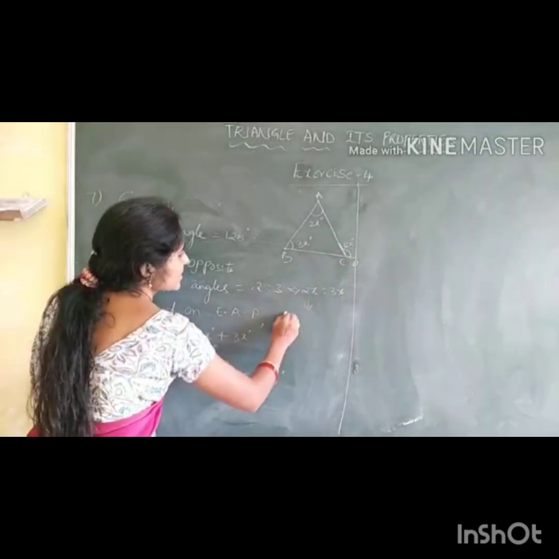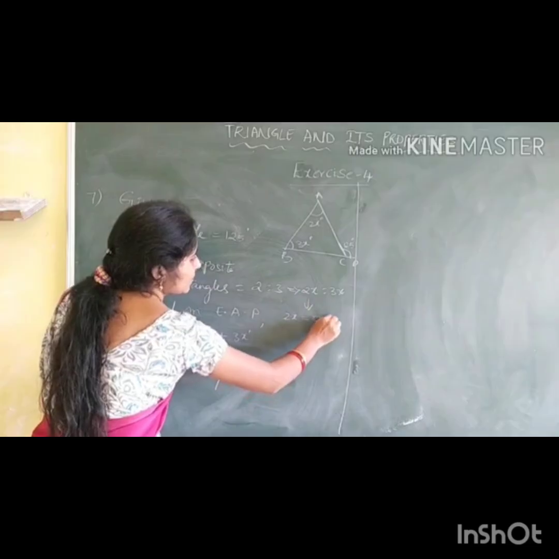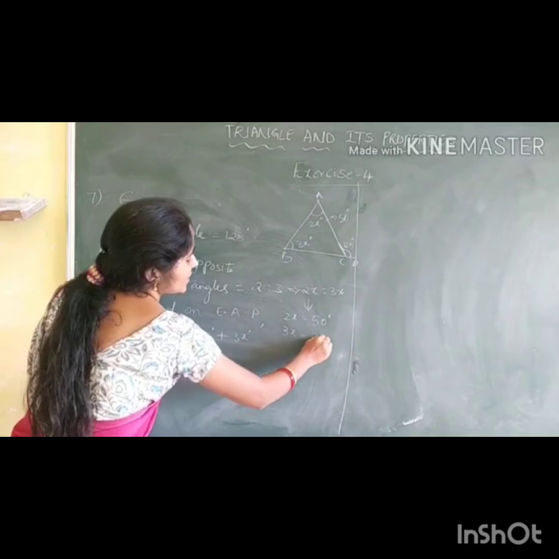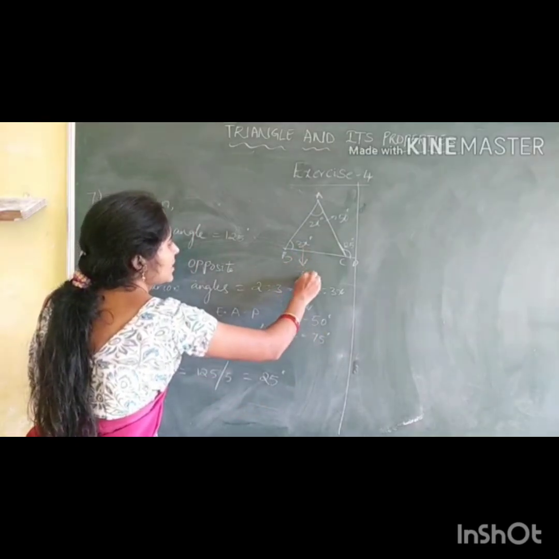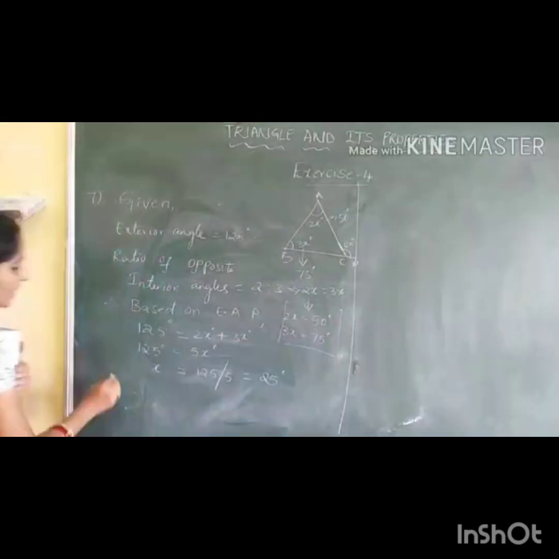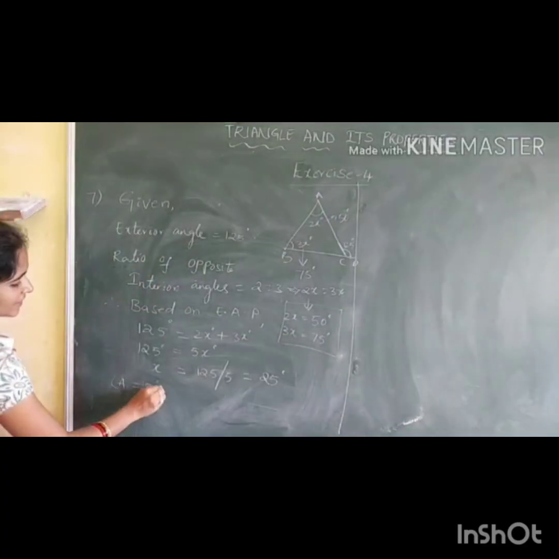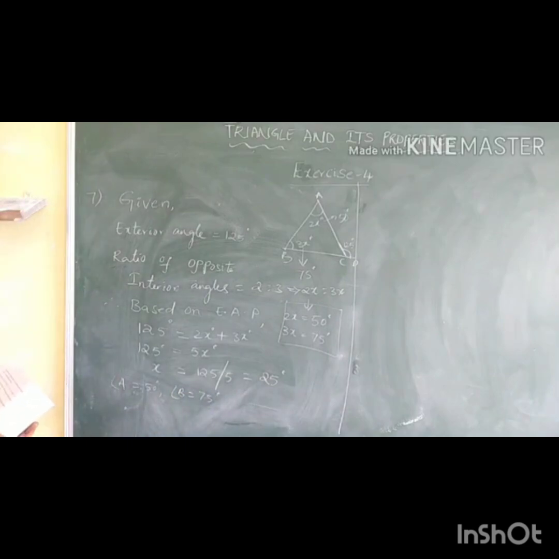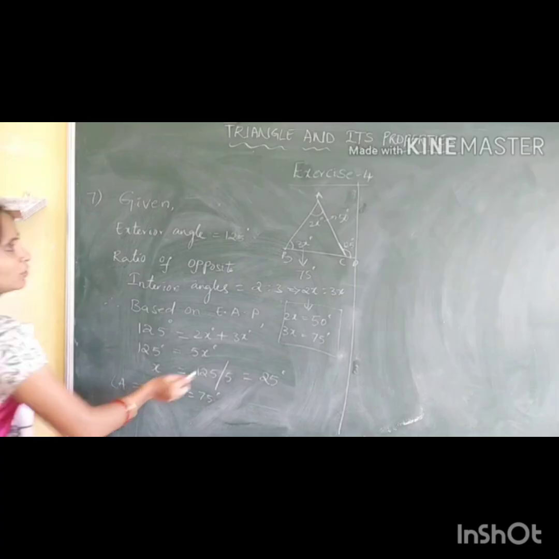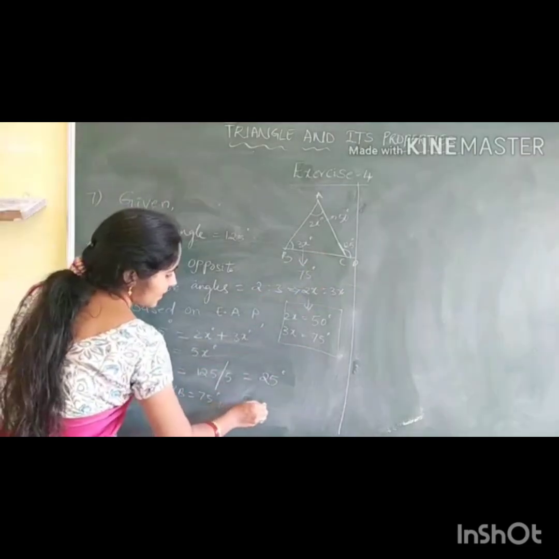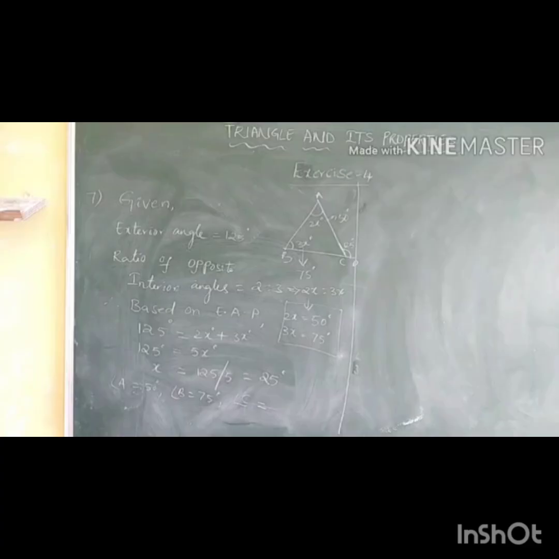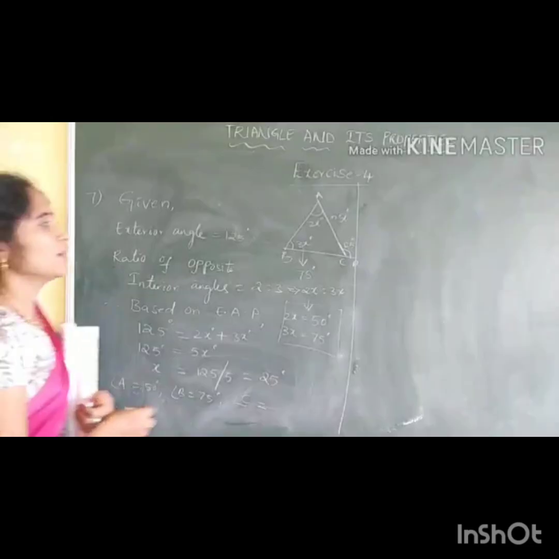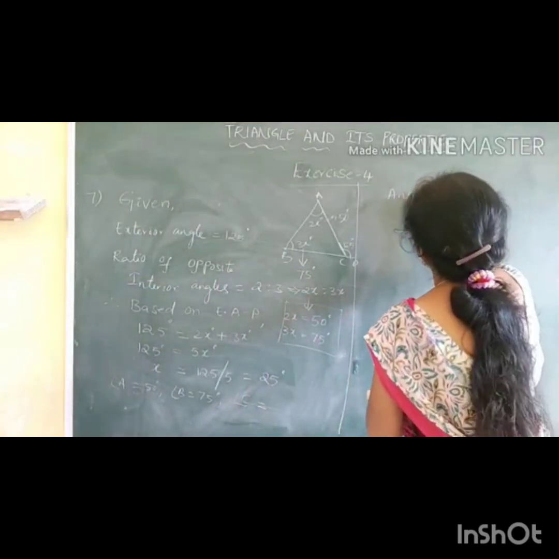Then what about 2x? 2 twenty-fives are 50, so angle A is 50 degrees. And 3x: 3 twenty-fives are 75, so angle B is 75 degrees. Angle A is 50 degrees, angle B is 75 degrees. We should find all the angles of the triangle. A and B we know. What about C? How to find angle C? Here we should use the angle sum property. The sum of all angles in a triangle is equal to 180 degrees. Based on the angle sum property